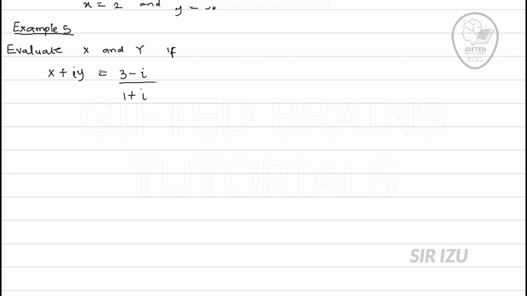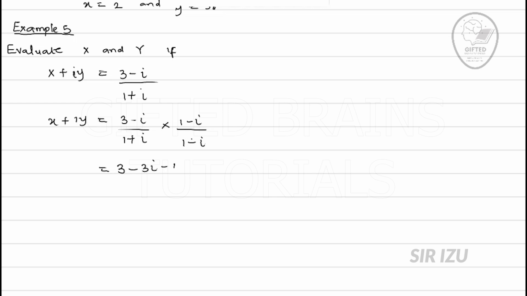I will write x plus iy is equal to 3 minus i over 1 plus i. I will multiply this right hand side by its conjugate, that is 1 minus i all over 1 minus i as well. And this will give us obviously 3 minus 3i